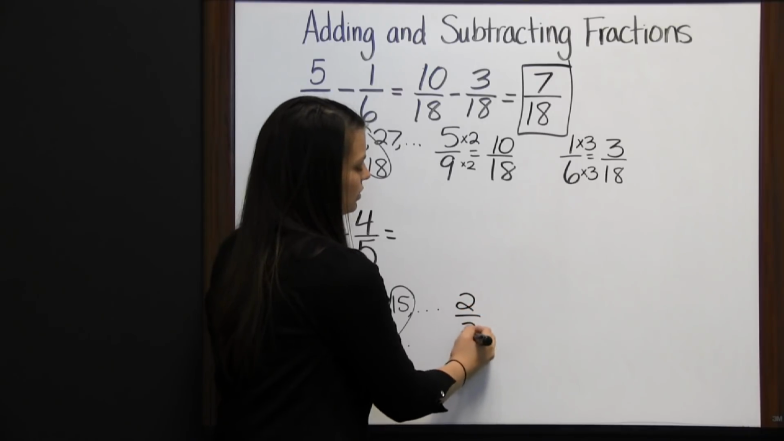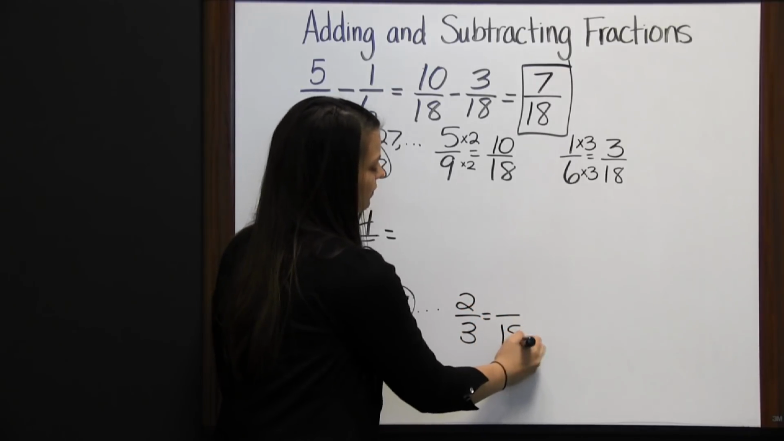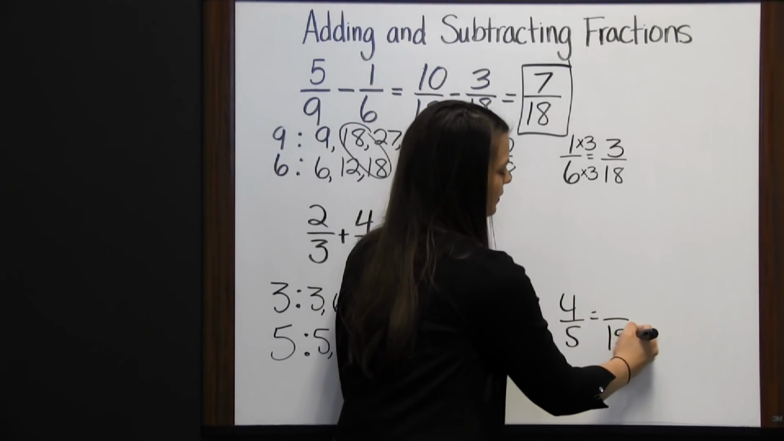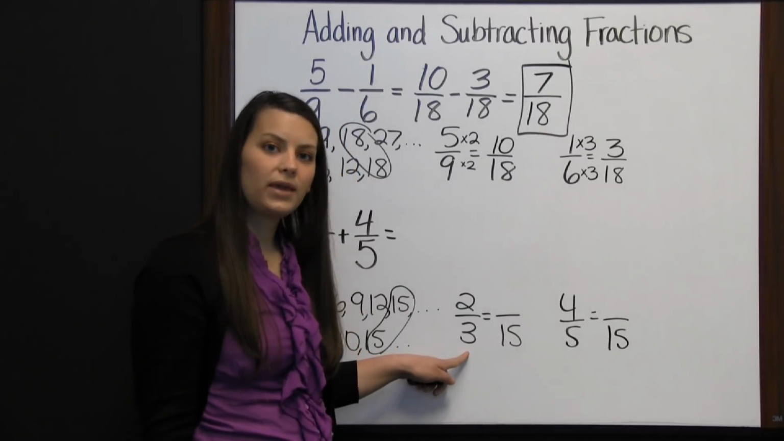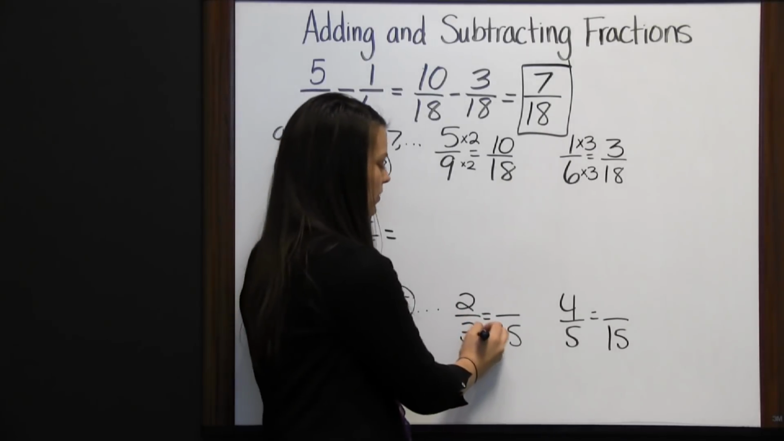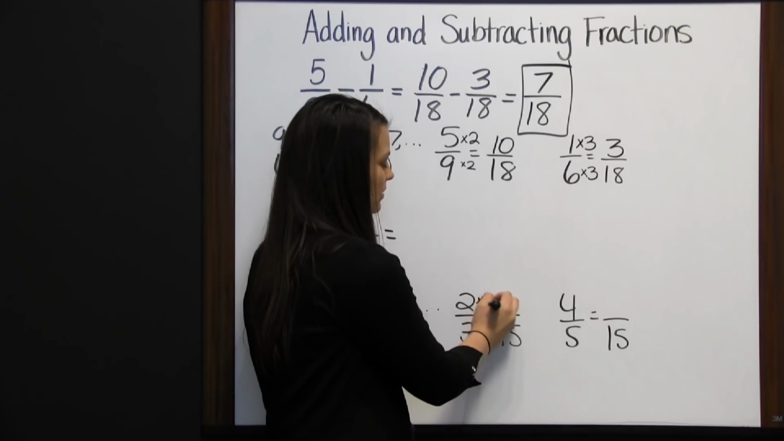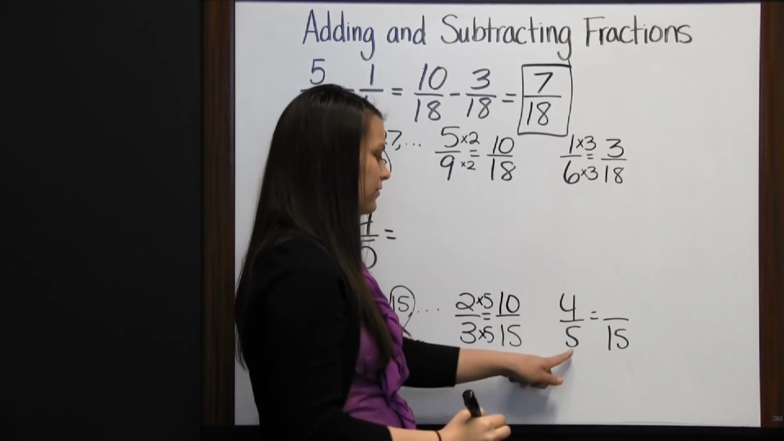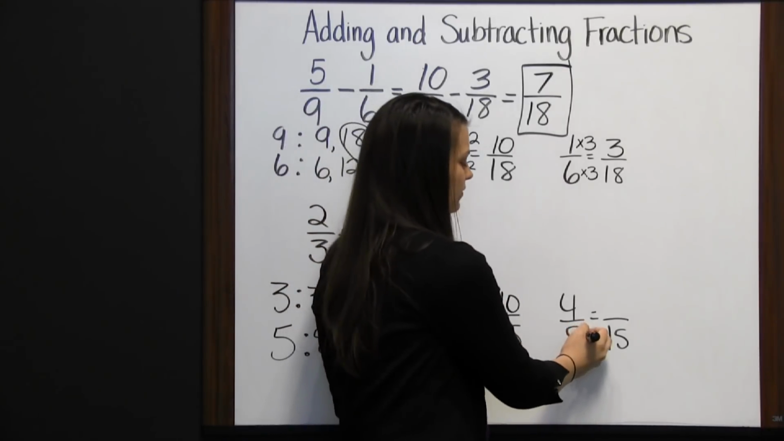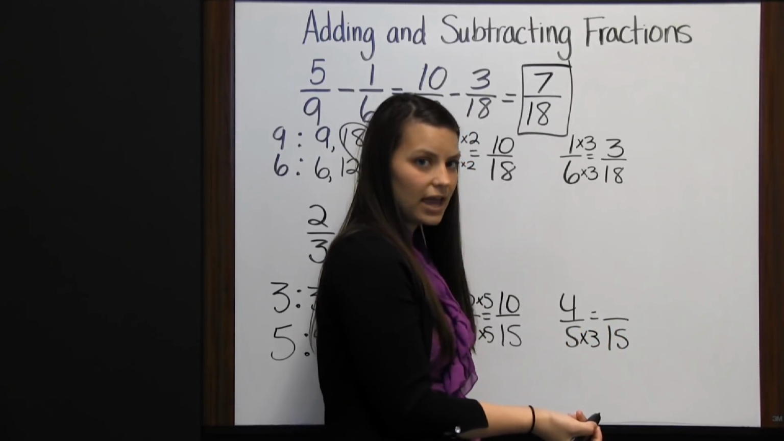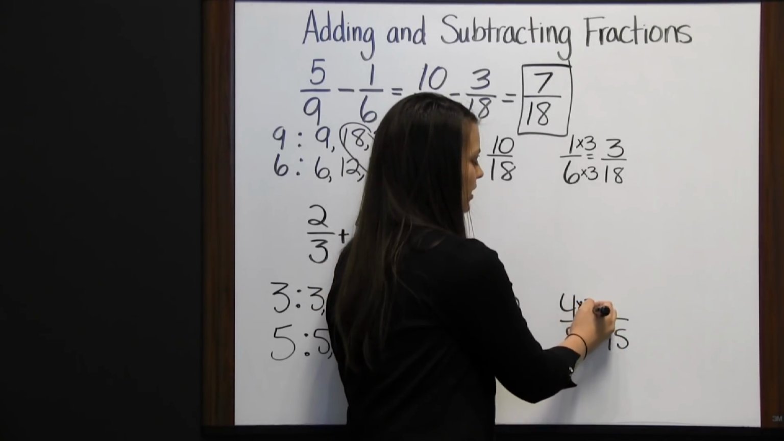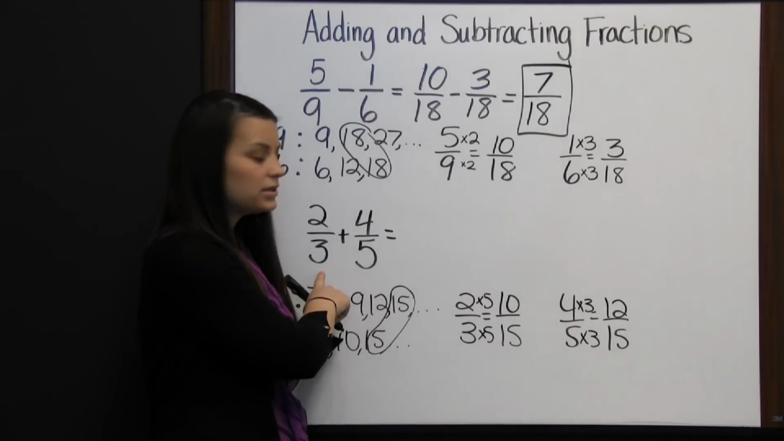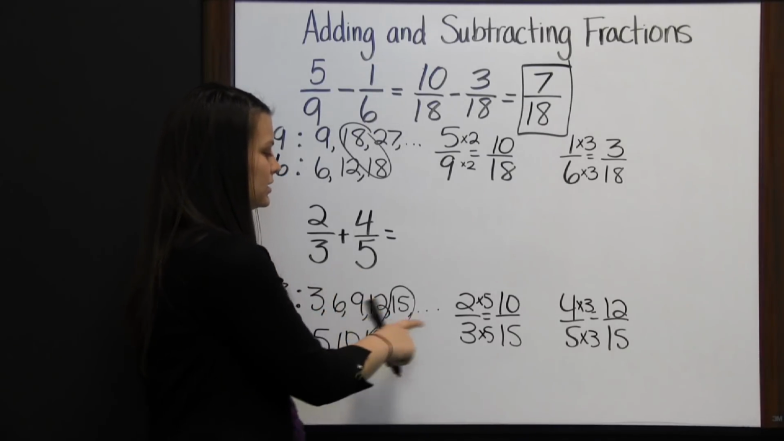2/3 equals something over 15. And 4/5 equals something over 15. So to get from 3 to 15, we have to multiply times 5. So we need to do the same to our numerator. 2 times 5 is 10. 5 to 15, we have to multiply 5 times 3. So we do the same to our numerator. 4 times 3 is 12, which means that 2/3 plus 4/5 is the same as